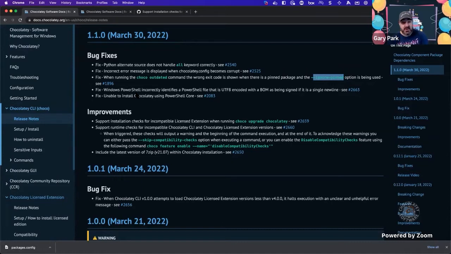Windows PowerShell incorrectly identifies a PowerShell file that is UTF-8 encoded with a BOM as being signed. This was a really, really interesting issue that it was Corey and the team that found. Long story short, when we ship a version of Chocolatey, we want to make sure that all of our artifacts are signed correctly, so that they're authentic code signed with the Chocolatey Software Inc. certificate. And in doing that, Corey had found that there was a weird edge case where a completely empty file